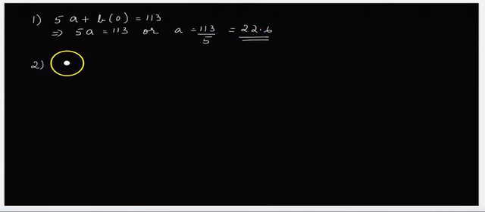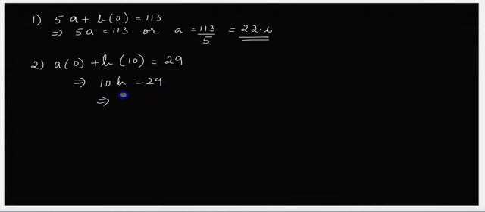Similarly, take the next normal equation. The next normal equation is A summation x, that is A into 0 plus B summation x square. So it is B into 10 is equal to summation xy, that is 29. Which implies 10b is equal to 29, or b is equal to 29 divided by 10. So you will get 2.9. Our aim was to find out a and b. Now you should substitute a and b in this straight line equation. So the last step is, therefore,